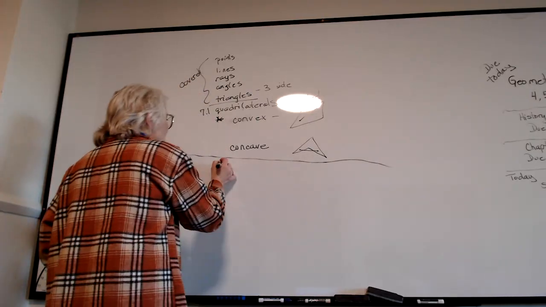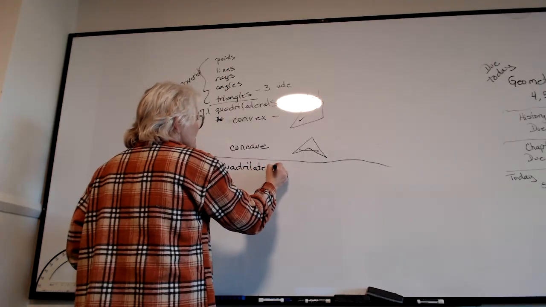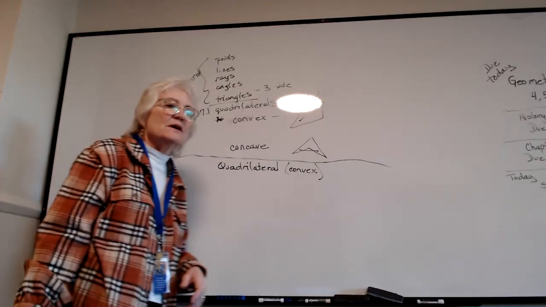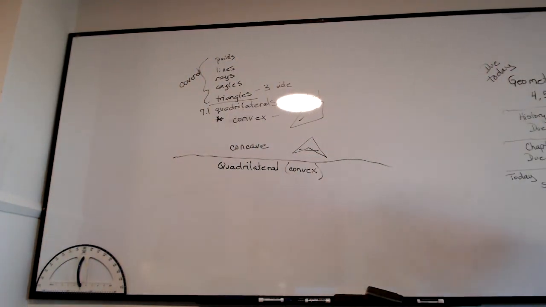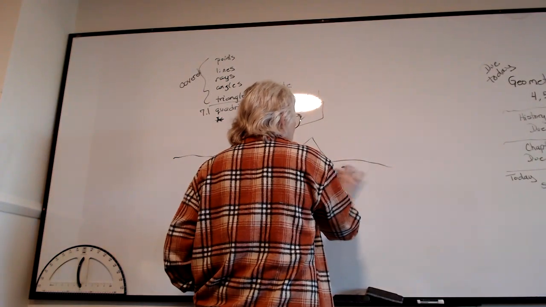Okay, in a quadrilateral that is convex, does anybody know what the sum of the angles equals? Yes. 180. Nope, that's a triangle. If I take a triangle, all of those add up to 180. Yes. 360. Think of a square. A square is the most basic quadrilateral you can have. Okay? And it is 4 right angles. So the angles equal